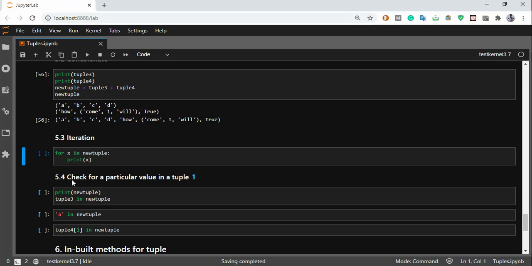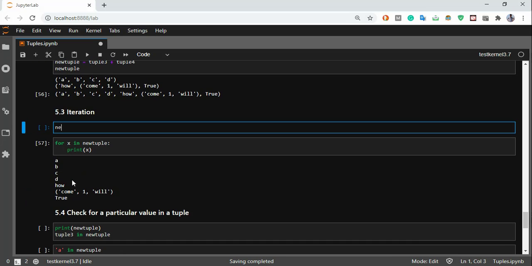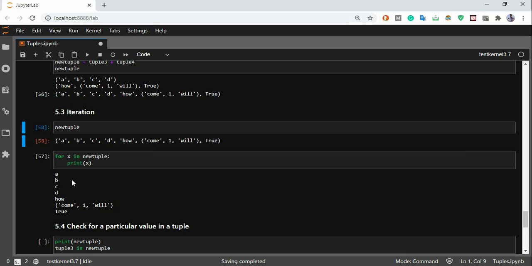Now if I want to access each element in a tuple, I'll just iterate over it. Another method, as we saw, was the inbuilt function tuple. See, the new tuple had something like this. It just iterated over each element of it.